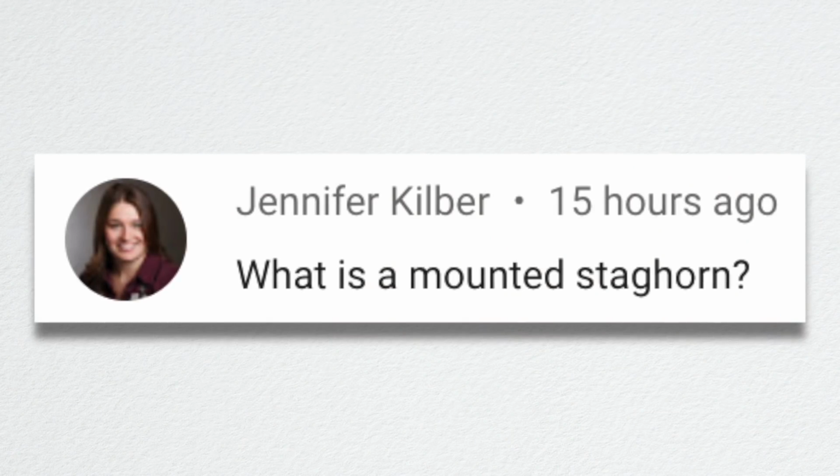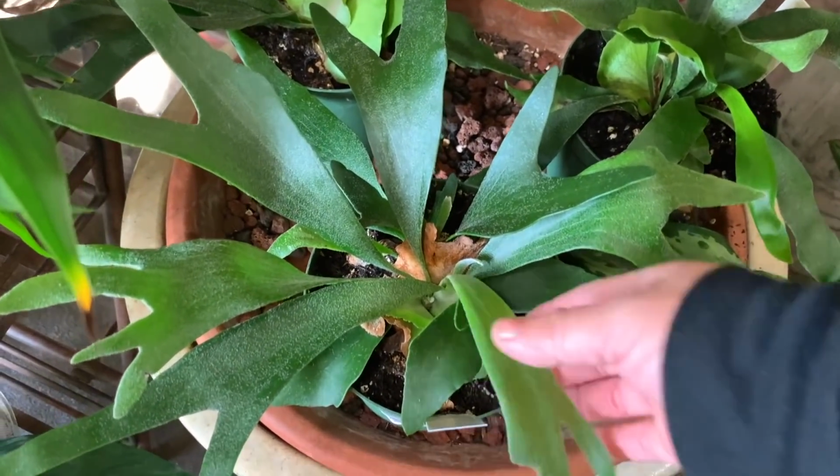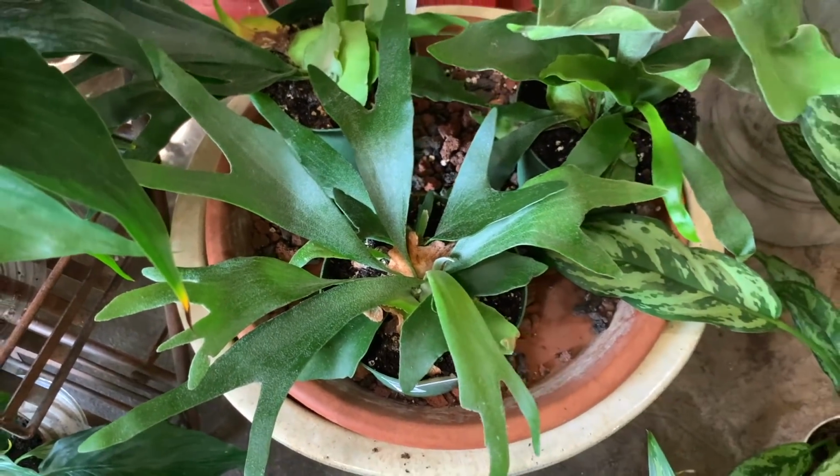So Jennifer said, what is a mounted staghorn? A lot of you guys asked that as well. So a staghorn fern, I showed some of those in the back part of the garden center. And when you mount one of those staghorns, they don't need to be in direct soil. They can be. You can plant them like that. Or you can get a neat piece of driftwood or